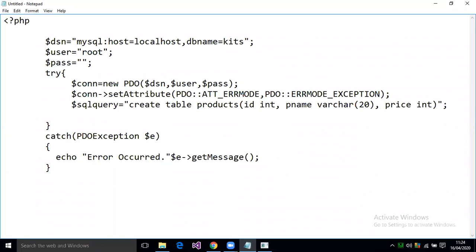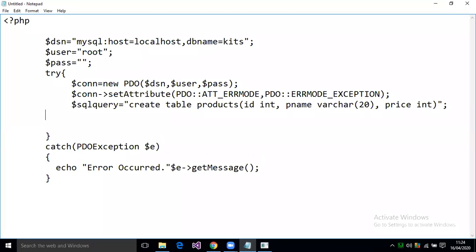Once this query is ready, it is very simple in PDO: you can execute the query with just one method, whose name is query.